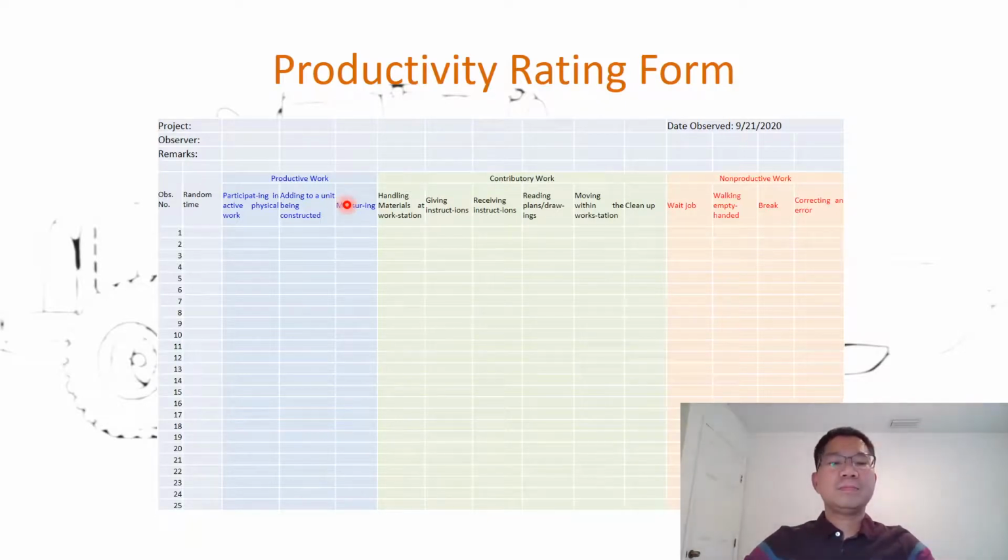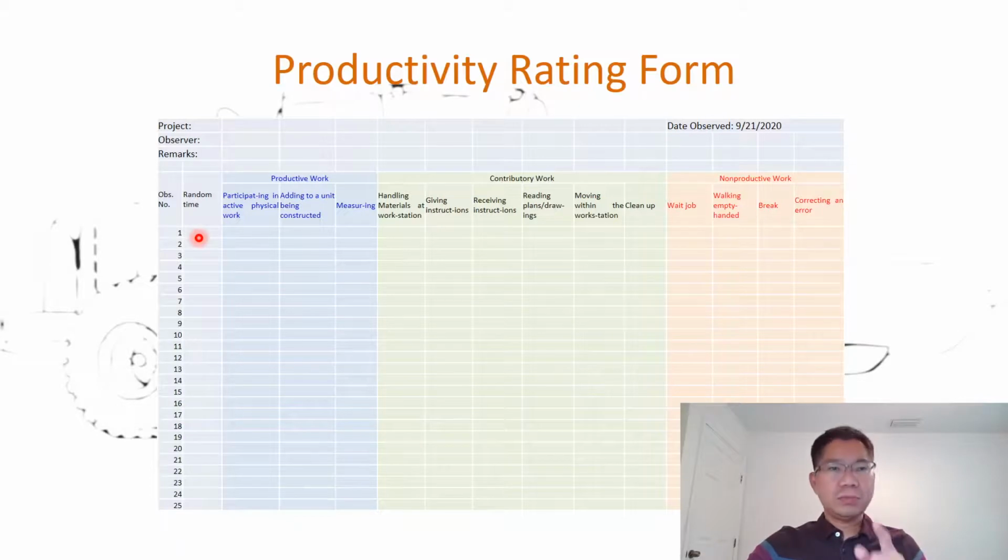Measuring the floor before they put the brick on or put the paver on is also considered productive work. So when you look at crew members, if you see him or her doing any of these three, we consider that productive work. With the observation form, you can put in the project that you observe, the observer, your name, any remarks about the weather, the time of work, the observation date, and then you can make the observation, at random